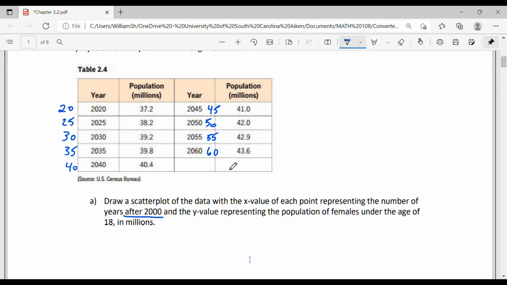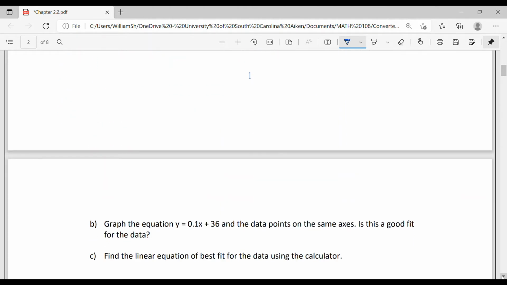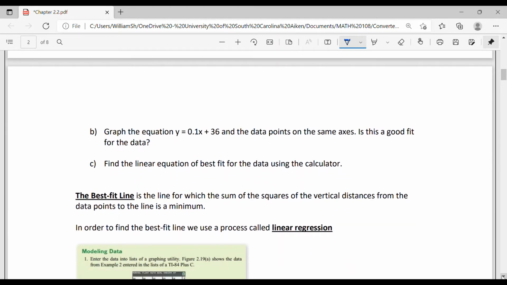All right, so we did the scatter plot for A, so we check that off. We graphed this B part, and it says the graph of the equation Y equals 0.1x plus 36, and the data points on the same axis. Is it a good fit for the data? We determined no, it is not. And then for C, we wanted to find the linear equation for the best fit using the calculator. We found that, and let's see, it was Y equals 0.155x plus,